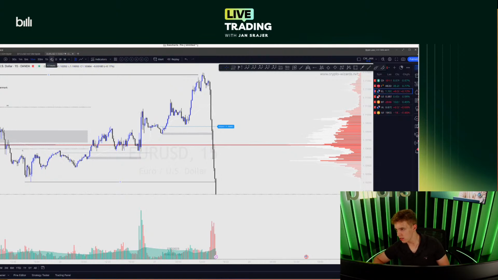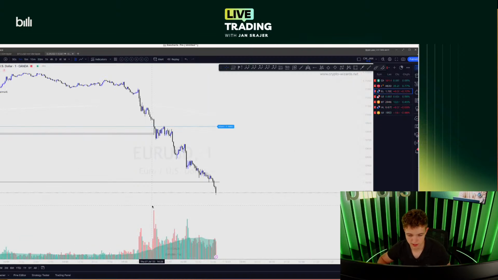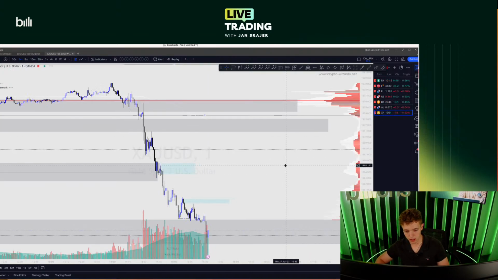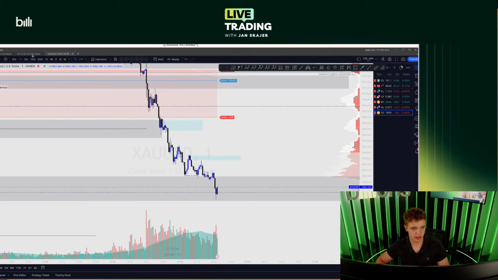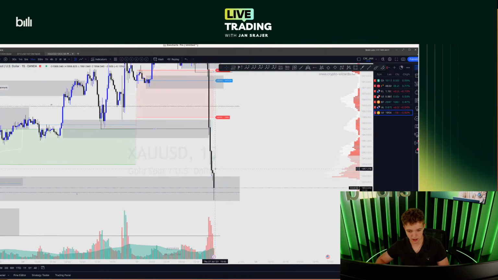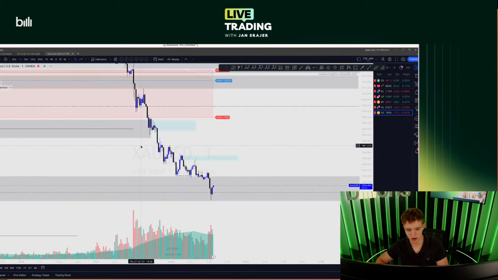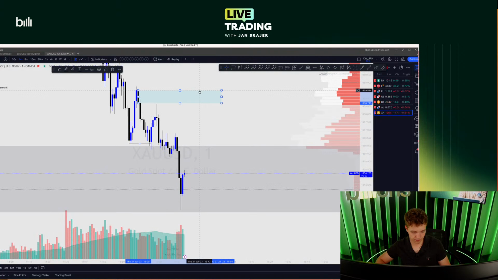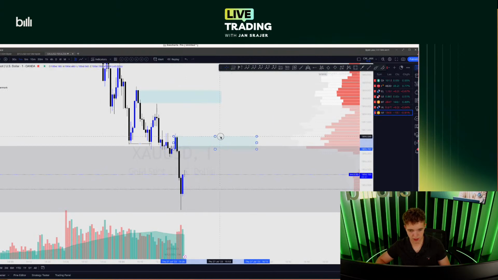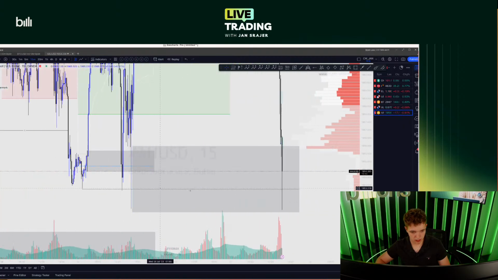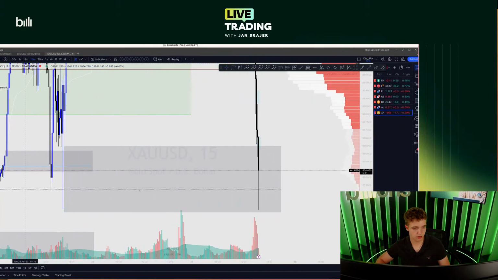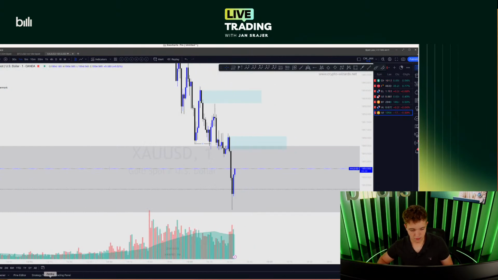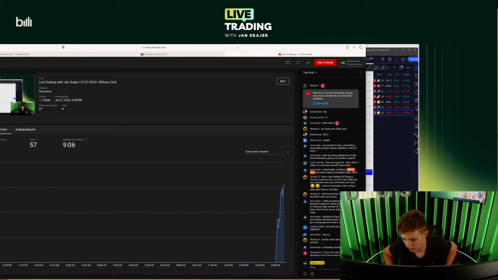Anyway, the US session just opened. We're approximately 3 minutes after the open, so let's pay attention to what's happening here. Right now we don't have any trade, but I like how it completely mitigated the zone, so that's exactly what I was talking about. Let's wait for reclaiming this level here, because now this becomes the PBL, point before liquidation. Let's see if we mitigate. No, there's not really any liquidity, so it's going to be very risky to trade today.